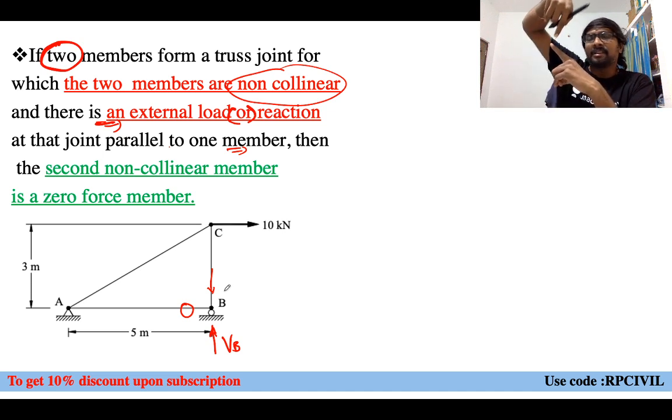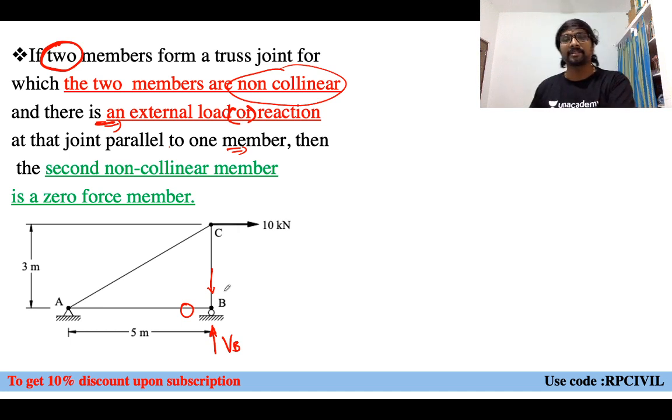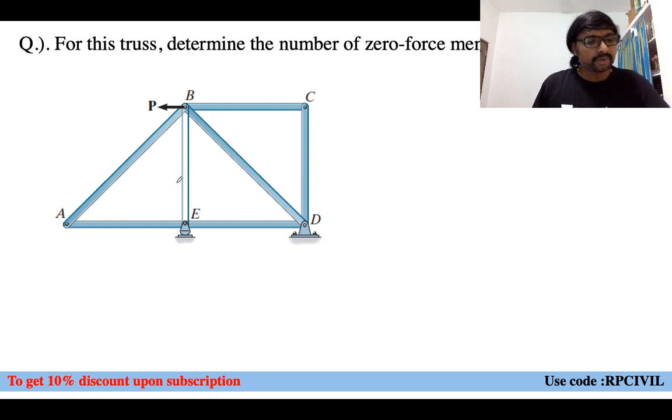So, two members meeting non-collinear. One member is parallel to the load or reaction. Force in that member is equal to the load or reaction. Force in the other member will be 0. If you try to solve some questions here,